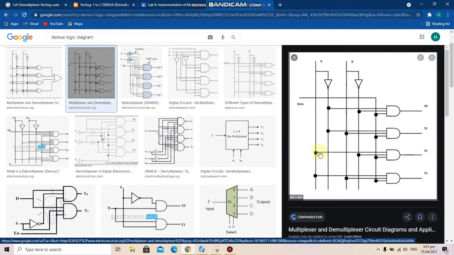Then output 3 will be when selection 1 is connected and selection 2 is NOT, with the AND gate, so we will have the input data as output 3. And then for the fourth output, both selection 1 and selection 2 are connected to the AND gate. When this condition holds, the input data will be the output at the fourth output.